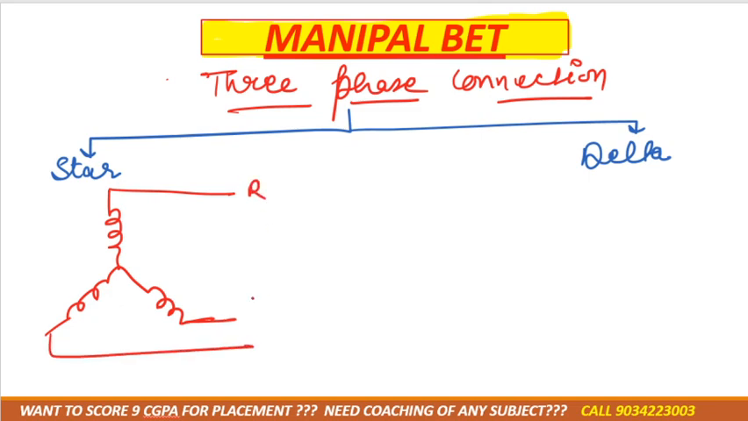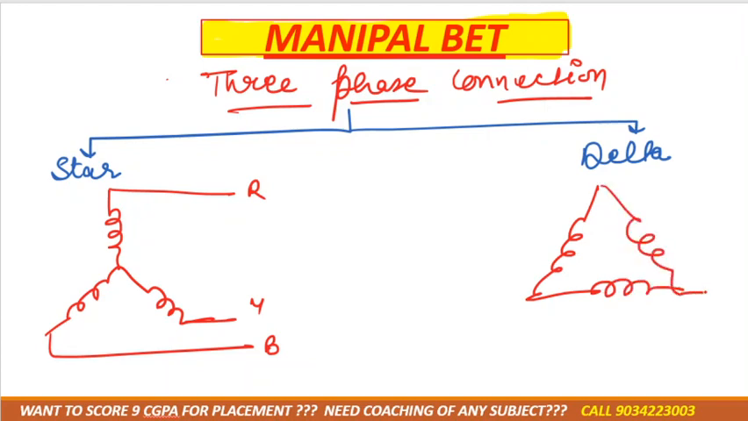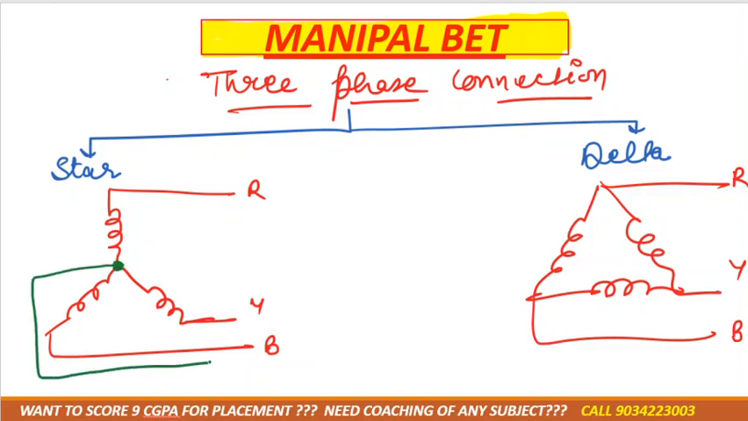This one is R, Y, B, and the delta connection diagram looks like this. This would be R connection, Y connection, B connection. RYB means red, yellow, blue. In star we will have neutral, but in delta we don't have neutral. Got it? Now in the star connection we'll have a relationship, that line current would be equal to the phase